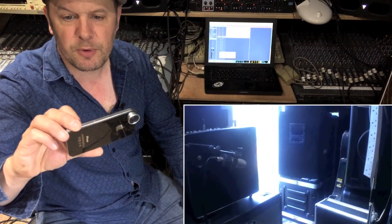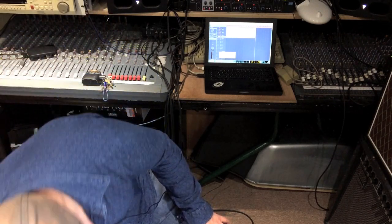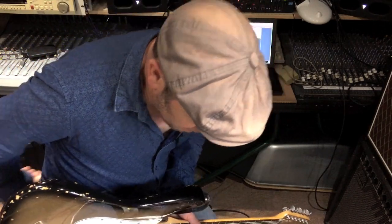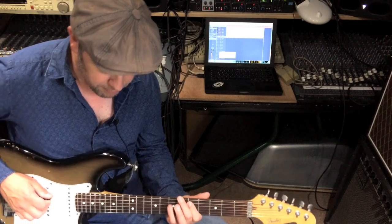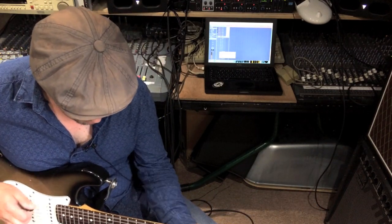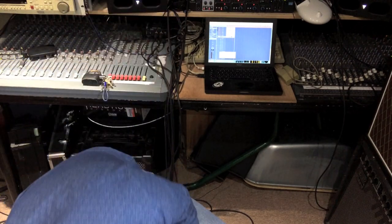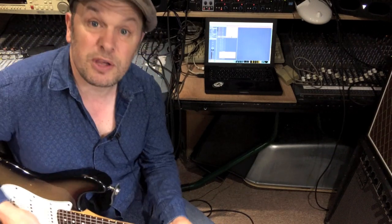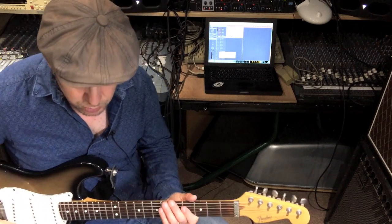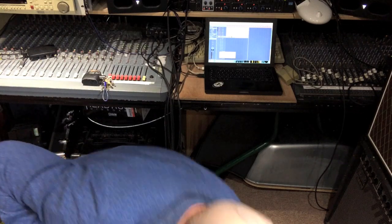So let's put the camera down and do some playing. So I've got my Strat set to neck pickup. So the bass sound is being generated by the guitar. It's just the octave down setting on the SYB-5. I've got setting number 5 at the moment, which is one of the octave down versions. So if I disconnect the guitar amp,